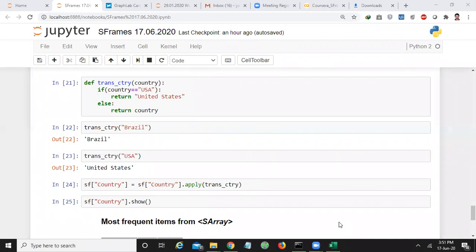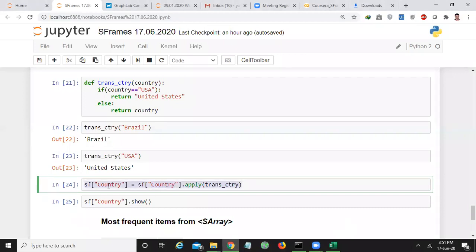That's why I have written a function here. And I do that using this command, sf of country is equal to sf of country dot apply of trans CTRY. That means I'm updating the column also. I'm doing the manipulation as well as updating the column.